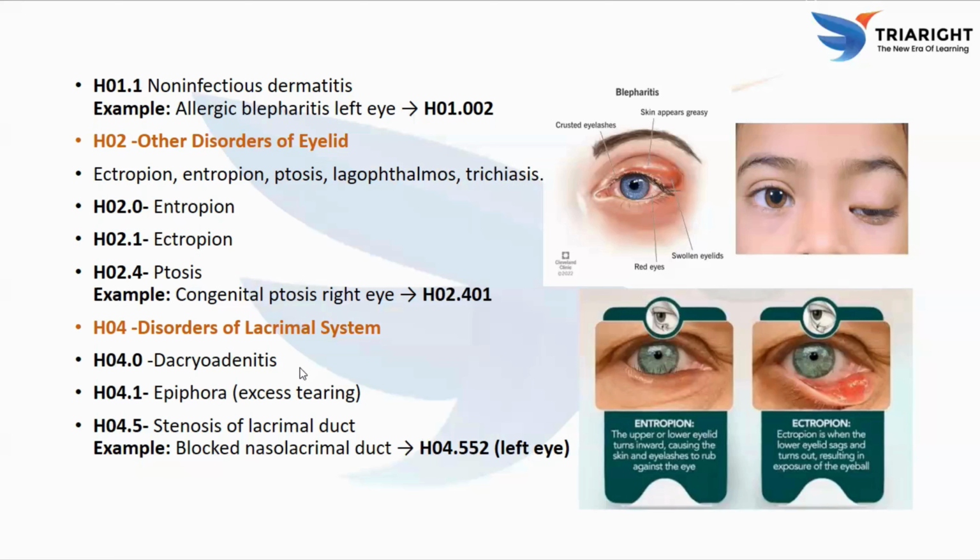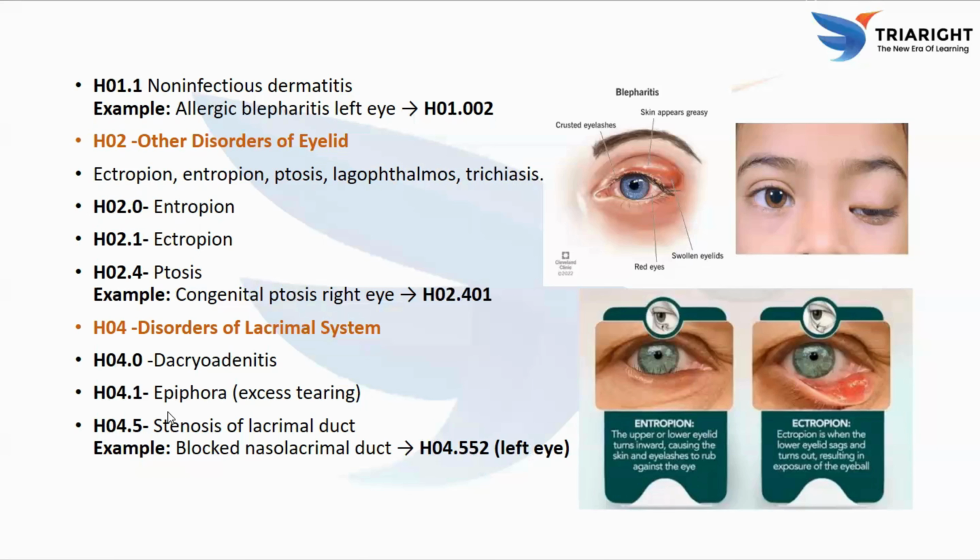dacryoadenitis. So what do you mean by dacryoadenitis? It's an inflammation of the lacrimal gland. So what is the symptom? You can experience painful swelling in the upper outer eyelid. You can see redness and also tearing. So why is this caused? It is mainly caused by bacterial infection, viral infection like mumps, and also through autoimmune disorders like Sjogren's syndrome. So H04.1